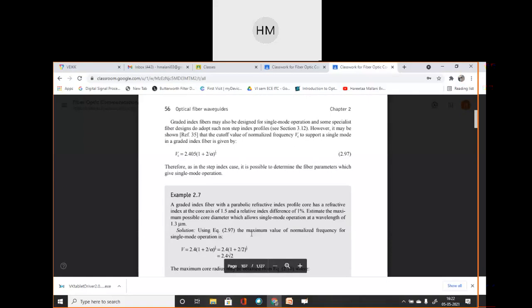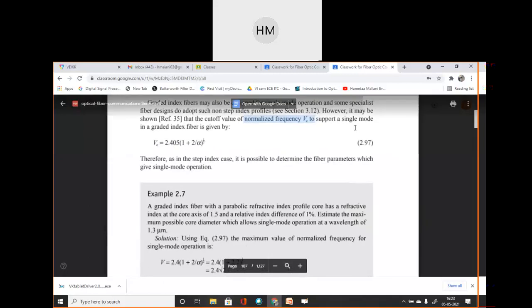In graded index fiber, when single mode propagation of wave exists, then the cutoff value of normalized frequency Vc to support a single